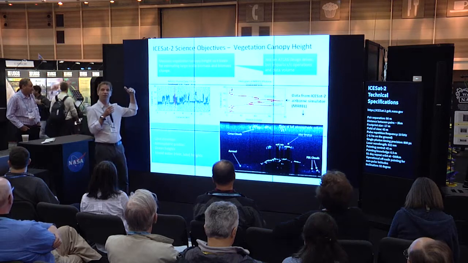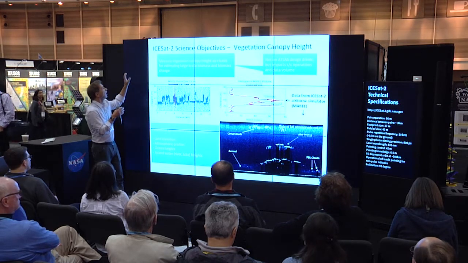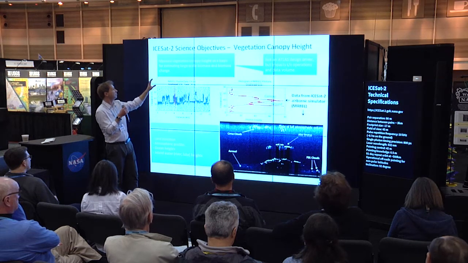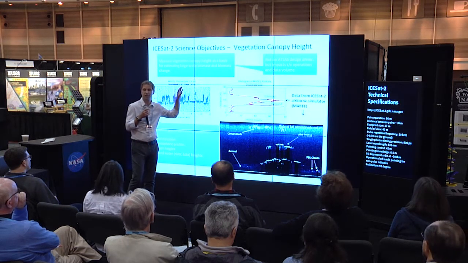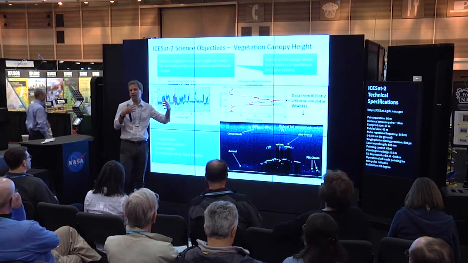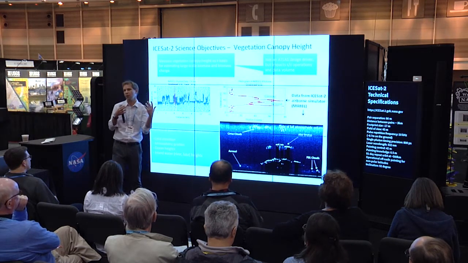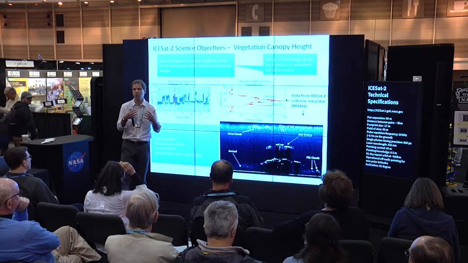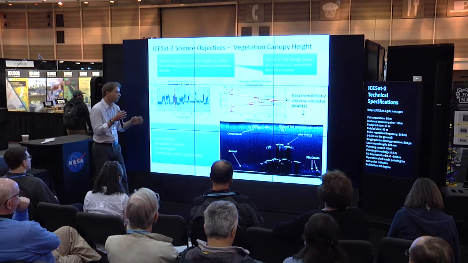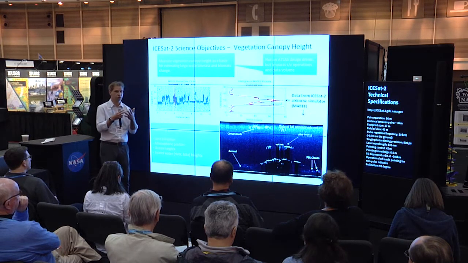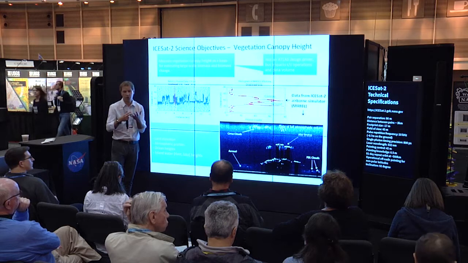we also have a vegetation requirement, which says measure vegetation canopy height as a basis of estimating large-scale biomass and biomass change. The largest uncertainties in the global carbon budget are the terrestrial components, and that's where we need to do better. But we are a global mission, so in addition to monitoring the ice sheets, the sea ice